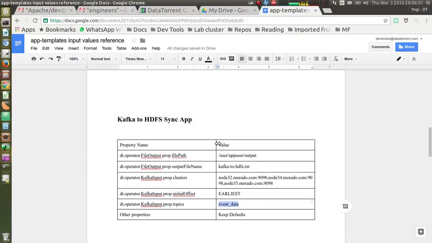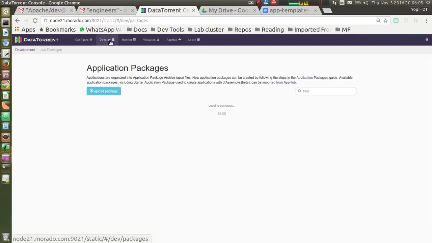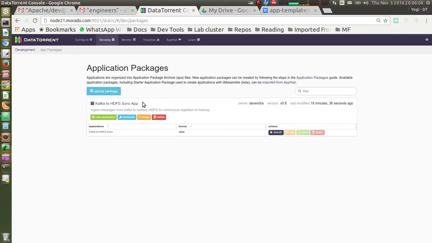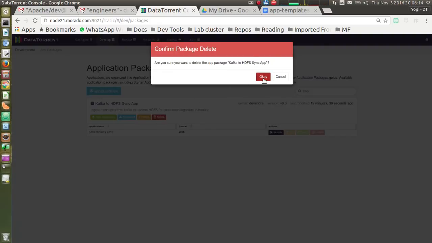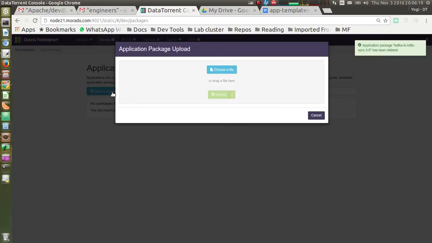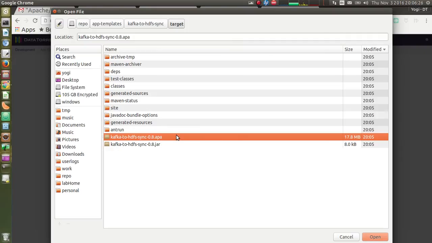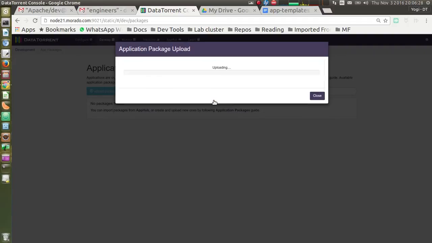Now let's try to upload this package onto the DataTorrent RTS UI console. So we already have this existing application package. Let's delete this one and upload the latest package which we compiled just now. Just click on upload. Upload might take some time.